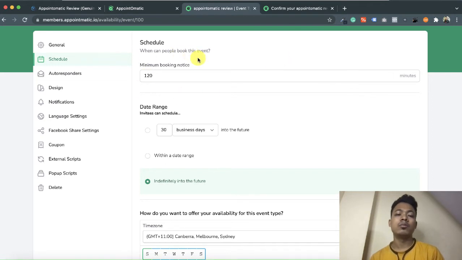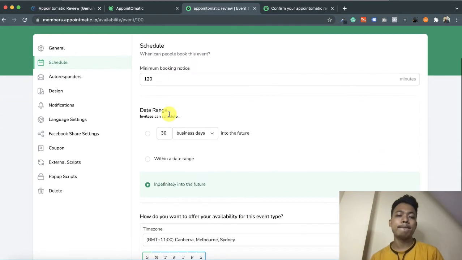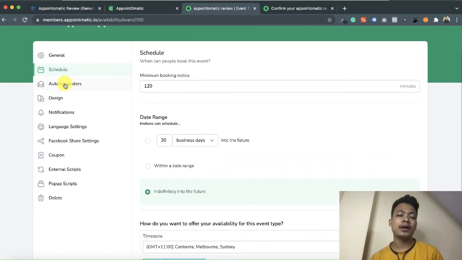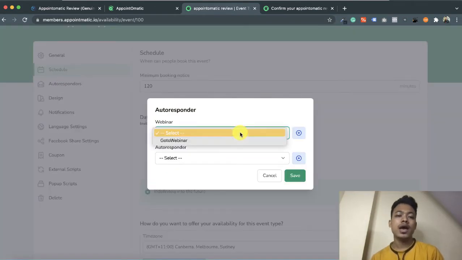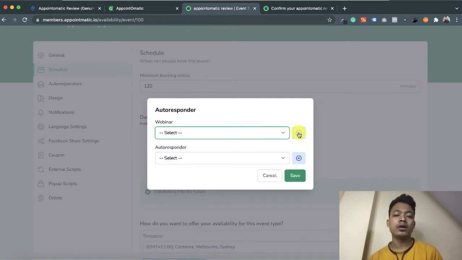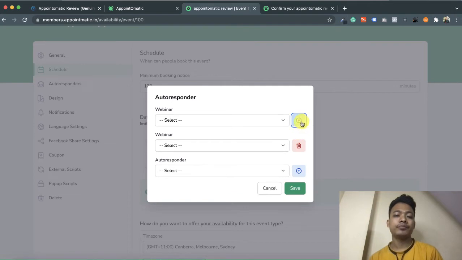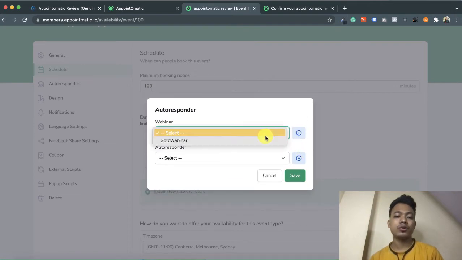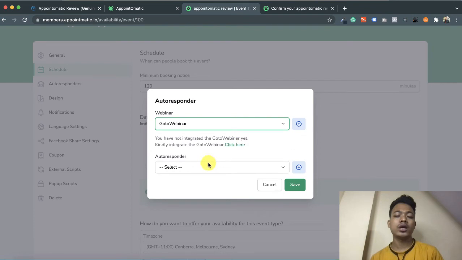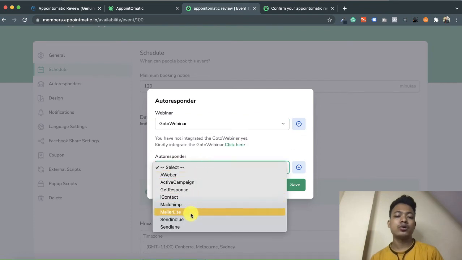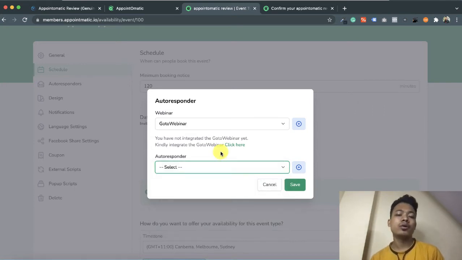Before 120 minutes, this will trigger a notification to your booked customers. This is the date range, and if I go to the autoresponder, I can add GoToWebinar also. In the autoresponder you can choose ActiveCampaign, GetResponse, MailChimp, whatever autoresponder you want to connect here, then you can connect with Appointomatic.